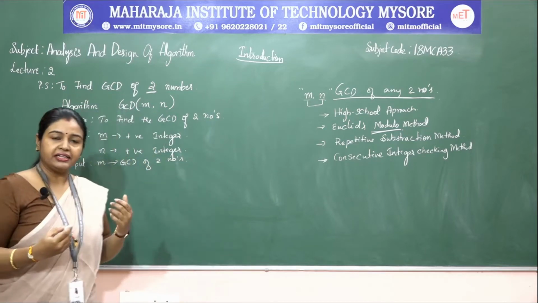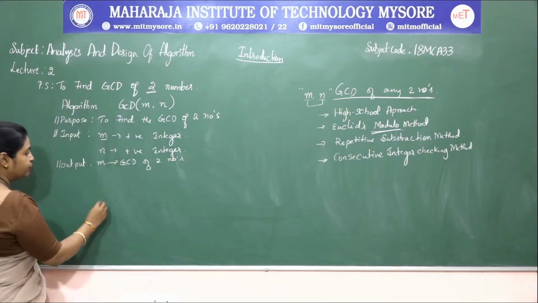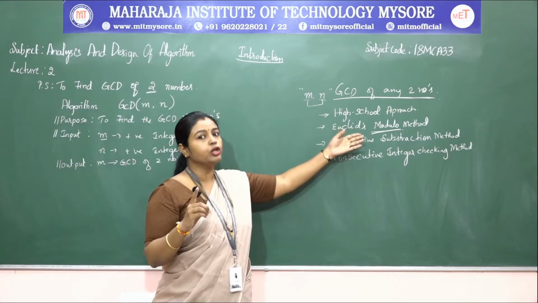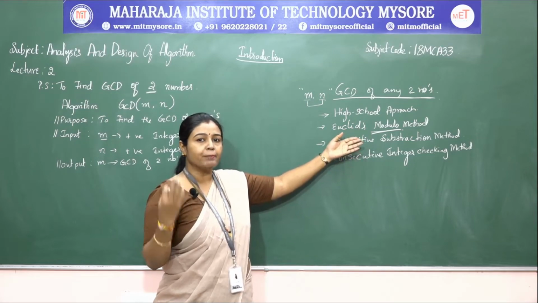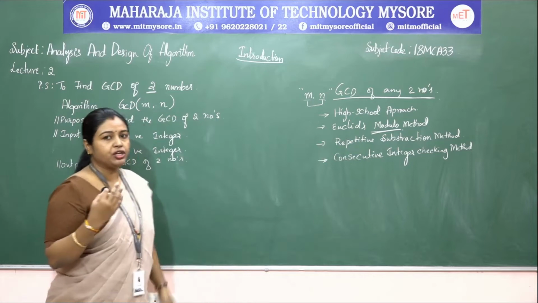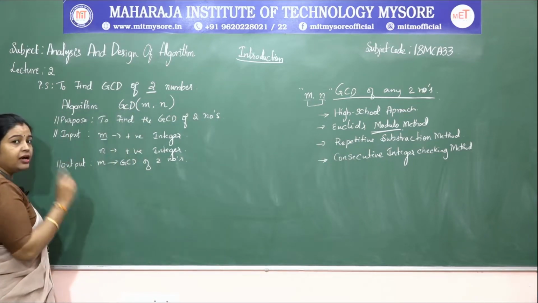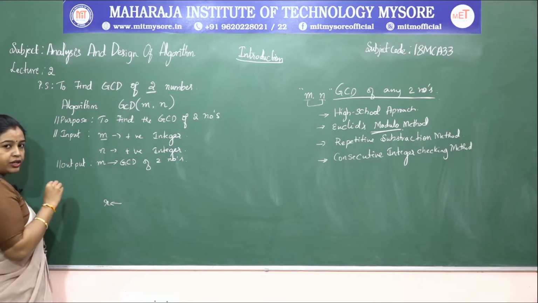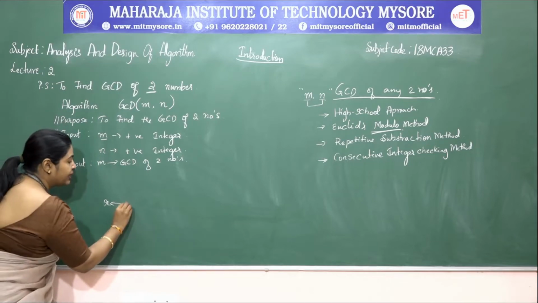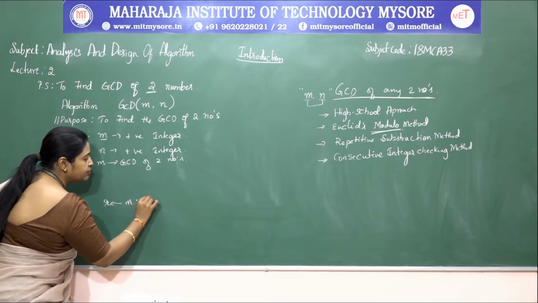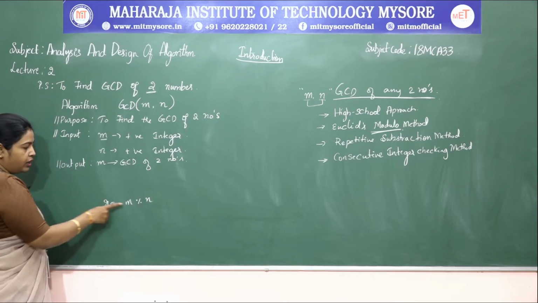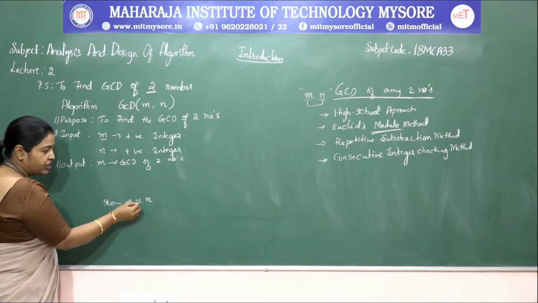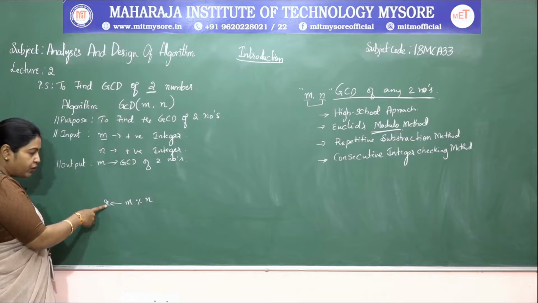So now let us start writing the algorithm. We need to calculate the remainder. That is what Euclid's modulo method tells. Modulo means the operation gives you the remainder as an answer. So we need to calculate the remainder. Find R. How are we going to calculate it? By applying modulo between the first number and the second number. The first number is divided by the second number and the modulo operation returns the remainder, which will be stored in R.